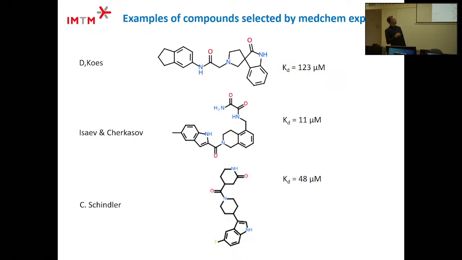So the second group, from Isaev and Cherkasov, resulted in this molecule with pretty high affinity. From Christina Schindler, they also found, from my point of view, a nice structure with moderate affinity value. So, of course, deeper analysis is required to better understand whether these compounds really bind or not, because they already started